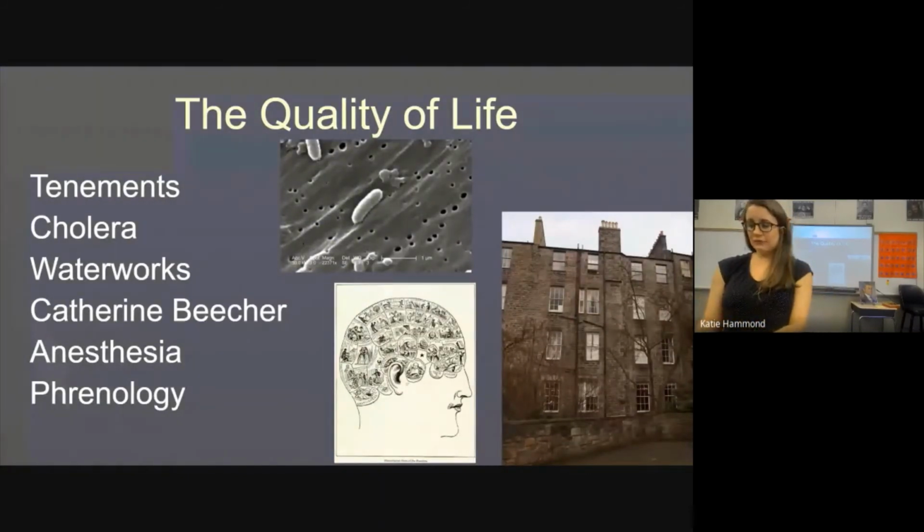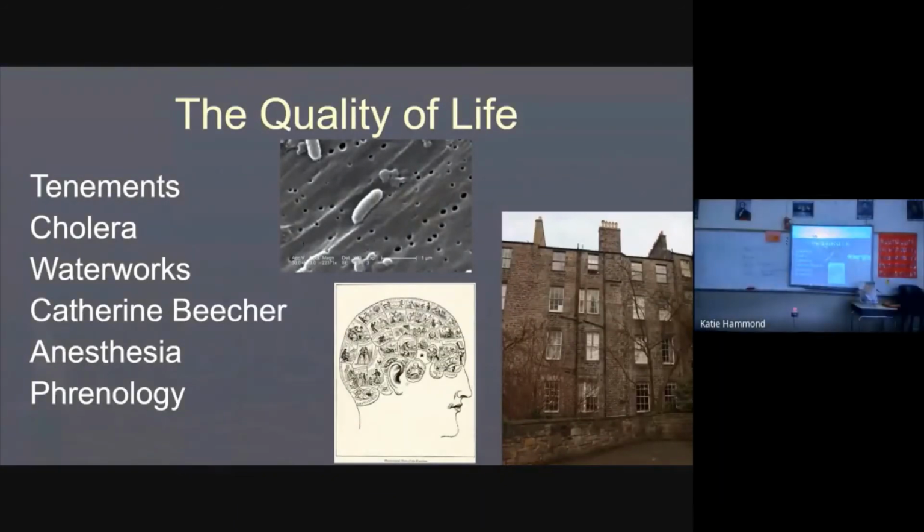Quality of life, okay? First thing I want to point out, you have tenements. Tenements are what we call apartments today. Here's a picture of one right here. It's kind of up north. Instead of calling them townhomes, they were called row houses because they're connected in a row, but it's a townhome today.